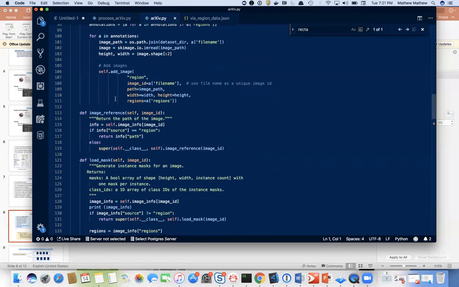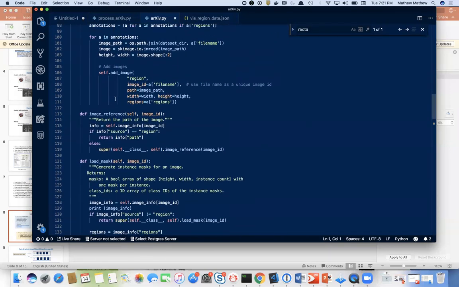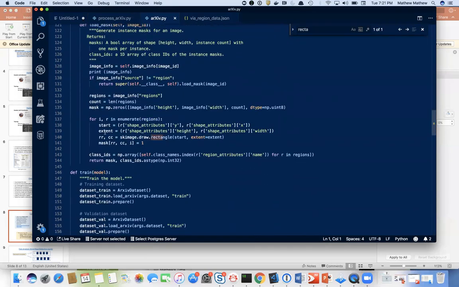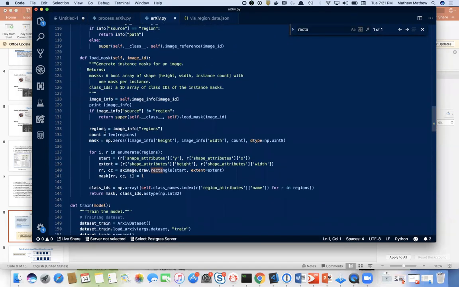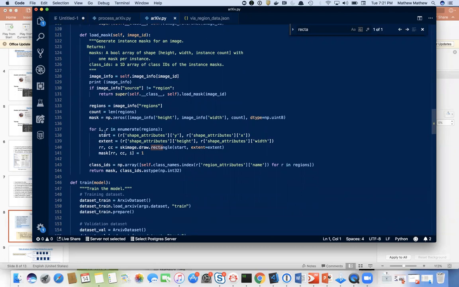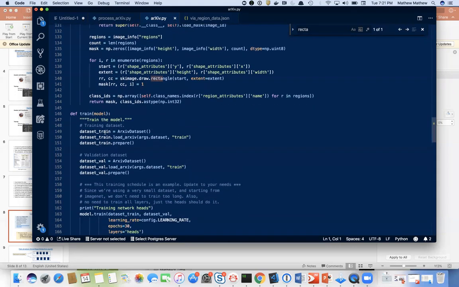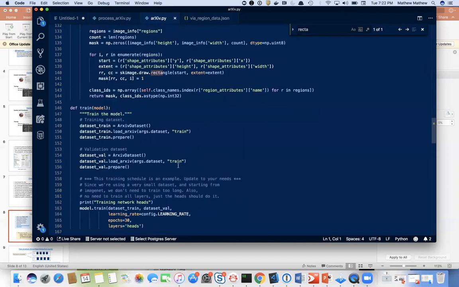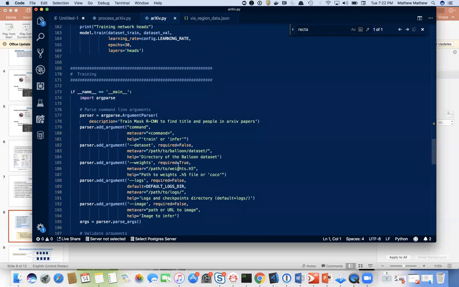Using that information, we generate a mask, and this mask information is what is used to train the model. The actual training is deferred to the framework, but you can see here that we load in the training data set and the validation data set,